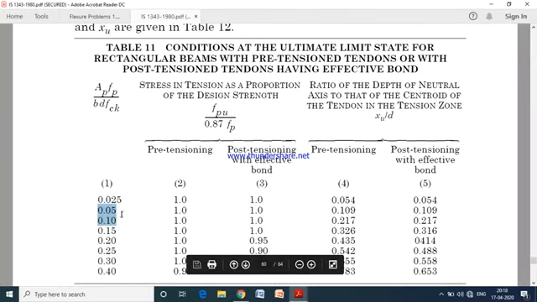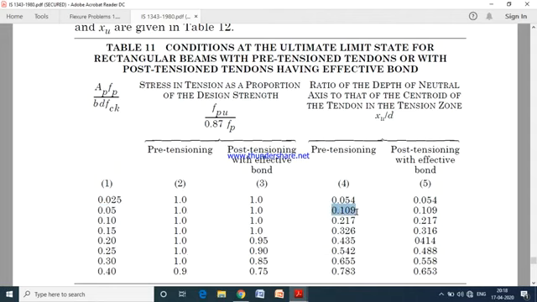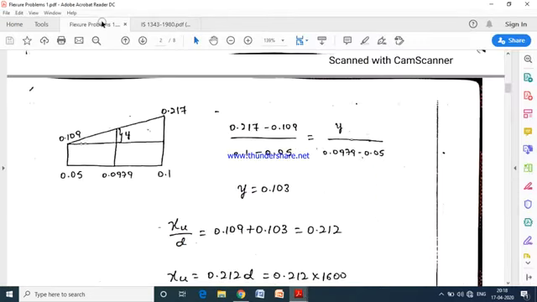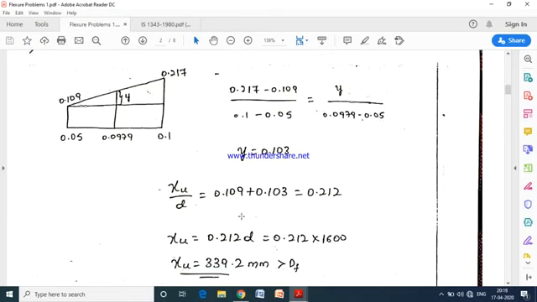So for 0.05 we have 0.109, and for 0.10 we have 0.217. So we need to interpolate these to get the value for 0.097. So by interpolating we will get XU by D ratio as 0.0212